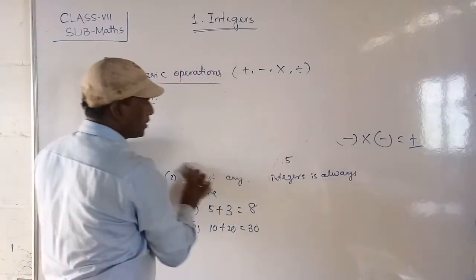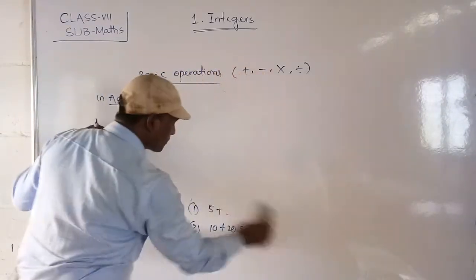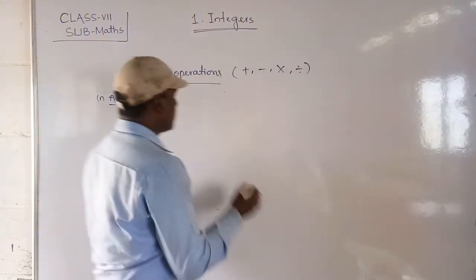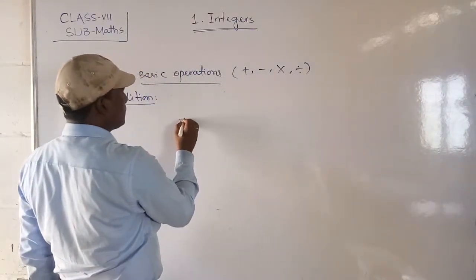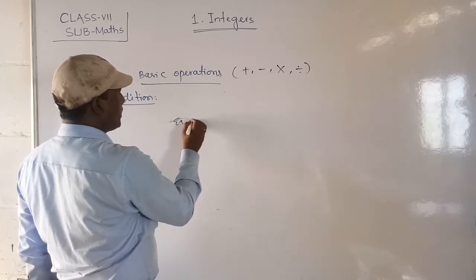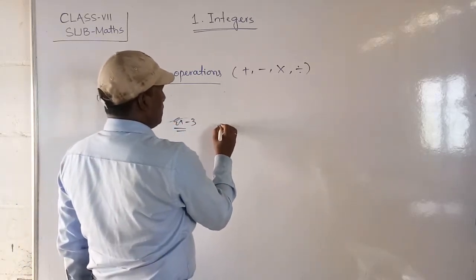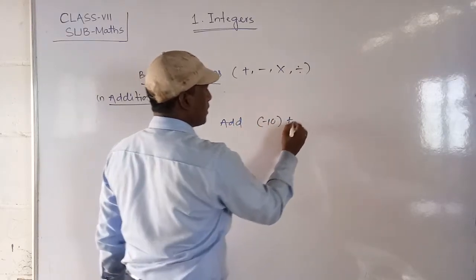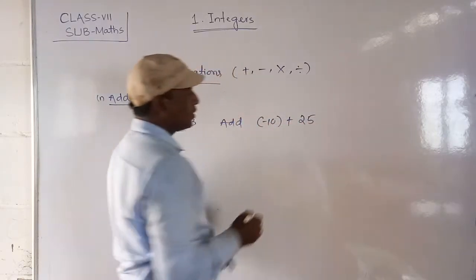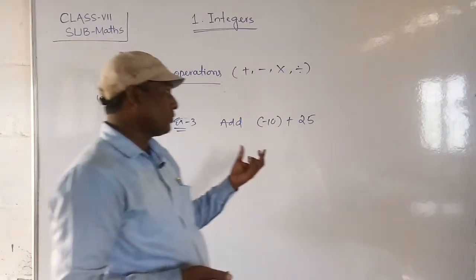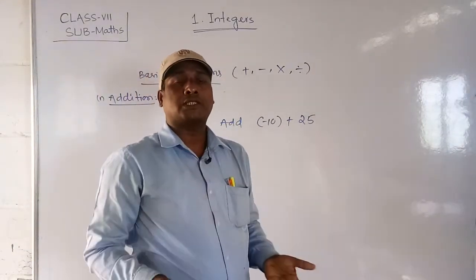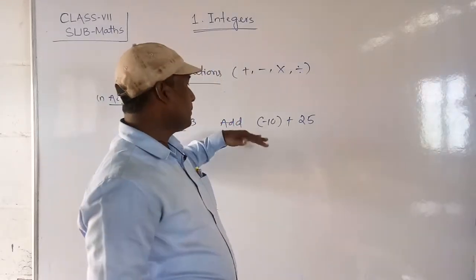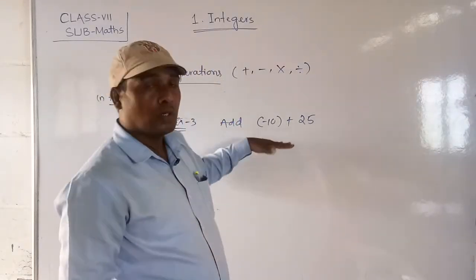What will we say about addition if it has alternative signs, that means one positive and one negative? Suppose, for example, you can take minus 10 plus 25. At that time what do you do? What is the answer? Now students, observe, friends: if both signs are opposite, you have to do subtraction. Carefully remember. Although it is given as addition, you have to do subtraction.